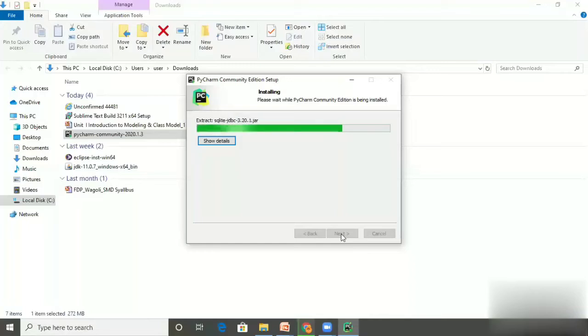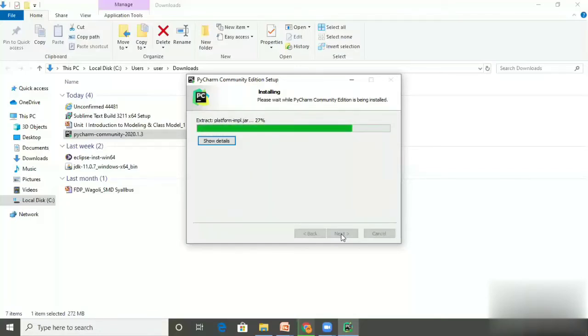There is auto syntax generation, or if you are writing wrong code, it will inform you this is wrong code. You can debug things. You can add extra packages also in such an IDE for your development purpose. So it will take some time.